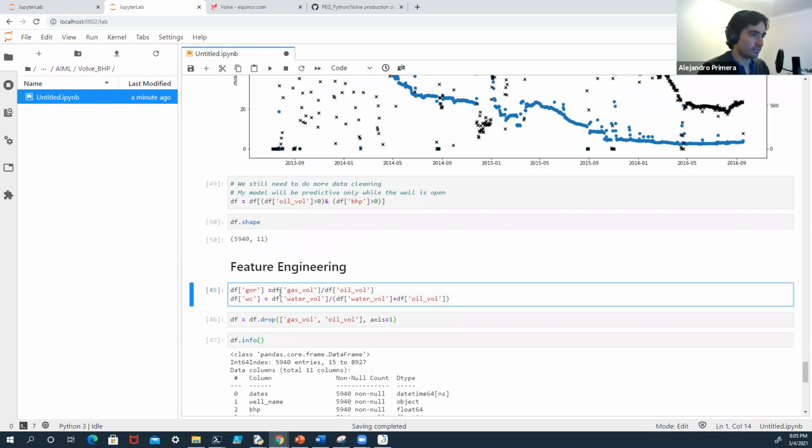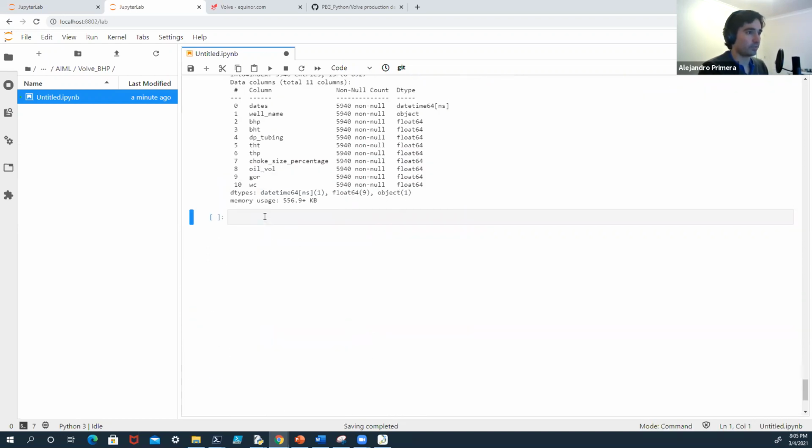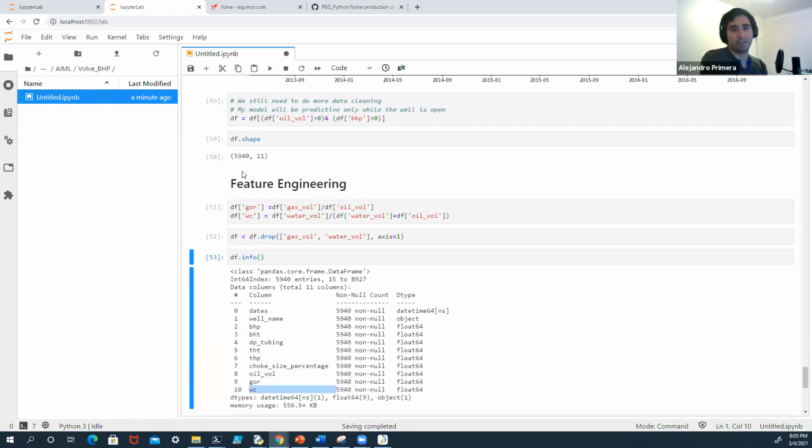Yes. And what I'm going to do here is drop the water volume, not the oil volume. So now we have oil volume, GOR, and water cut. And this is also what is called a bit of feature engineering. This is very simple, what I've done here. But you may think of something more advanced and some